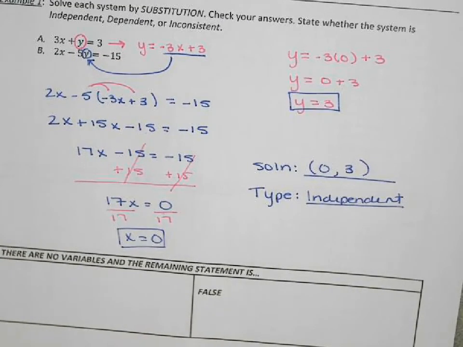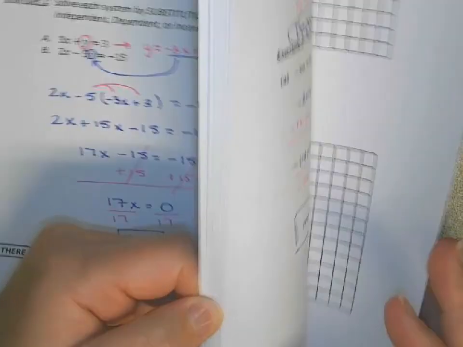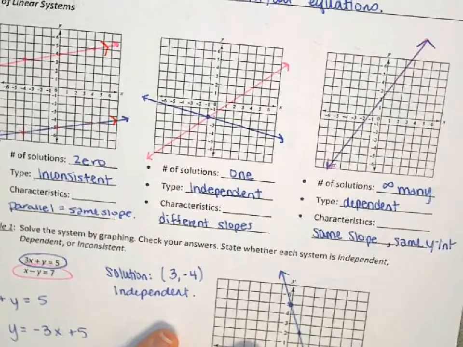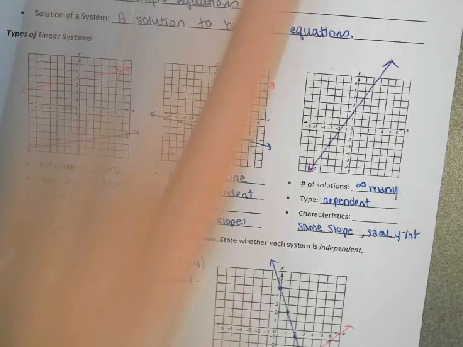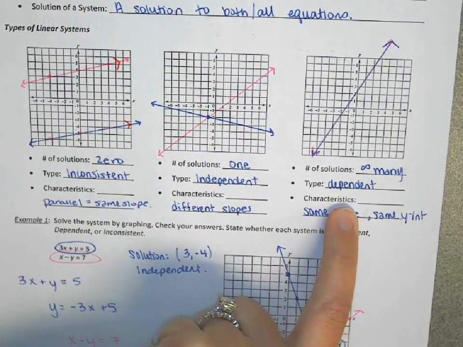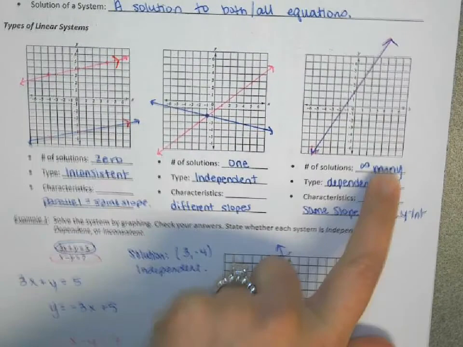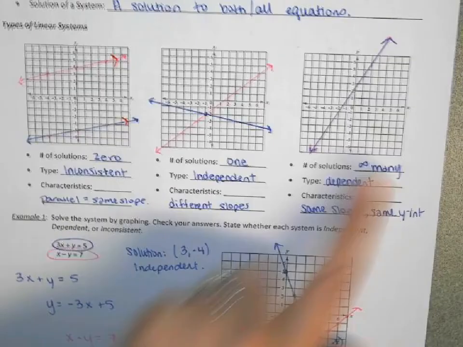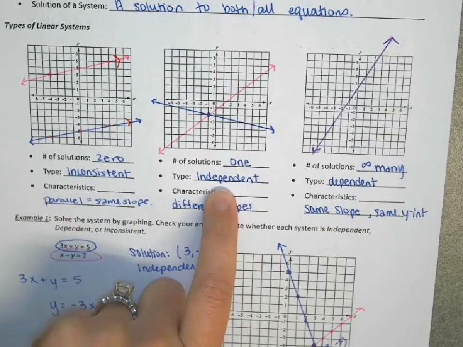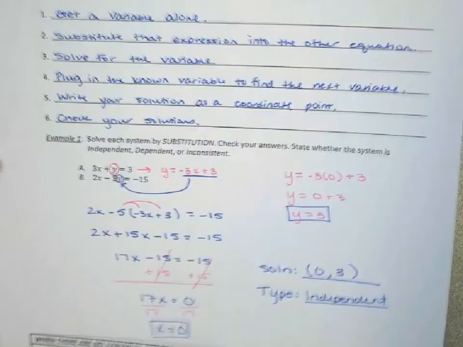On the type. Well, back in 3.1, you have your notes from 3.1? Yeah, probably. Okay, we'll scroll back to it. Go 2 pages before. You'll see looks like this. Okay, our type. We have 3 different types. We have inconsistent, independent, and dependent. Did we find a solution here? Yeah. Okay, so it can't be 0 solutions, so it's not inconsistent. Did we have infinitely many solutions? No, we had 1 solution, so it has to be independent. Does that make sense? Yeah. So you have to resort back to those for the types. Okay, so now looking back at this,